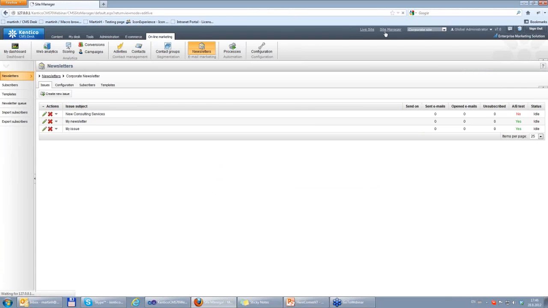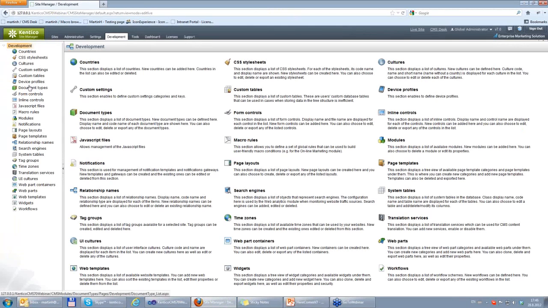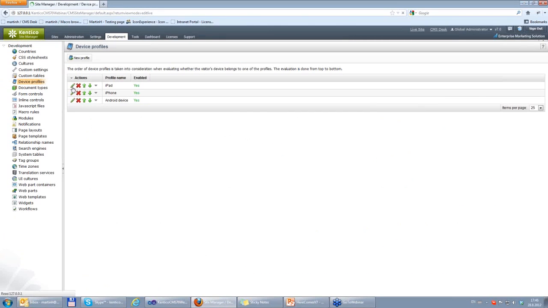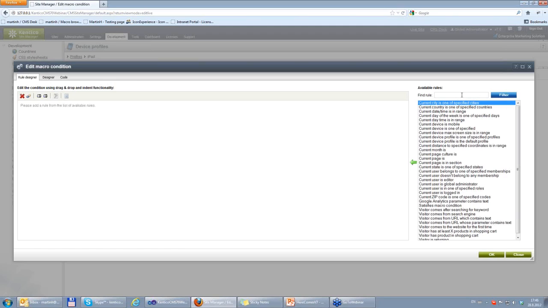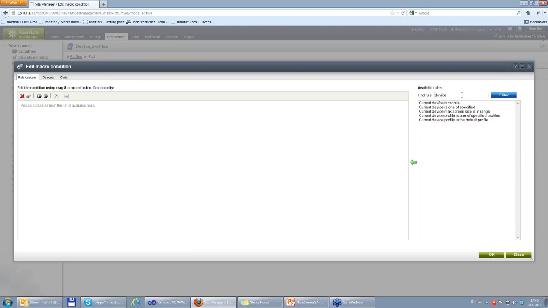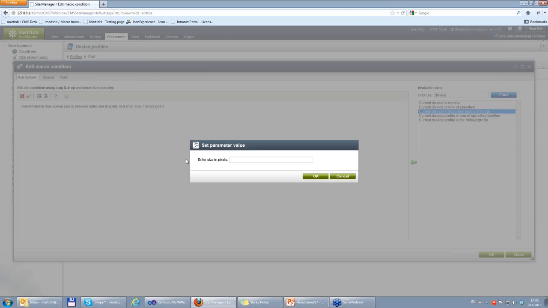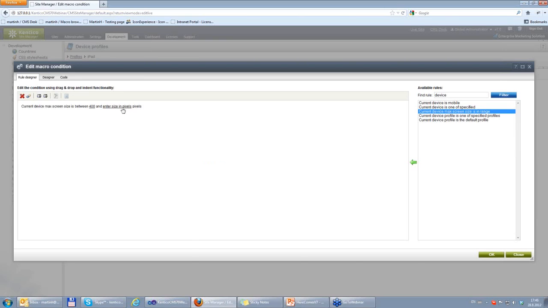The device profiles are defined here in the development section, and each device profile is defined as a set of devices or user agents that you can define, or you can even define additional macros. And let me just check if we already have. Yep. You can even use a rule designer. So let's say for the size of the screen of that particular device. So let's say if the size is between, maybe, 400 and 600 pixels,